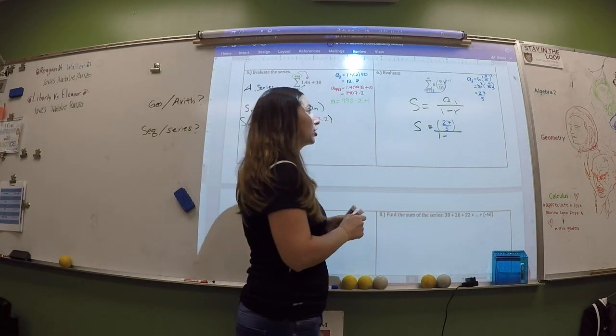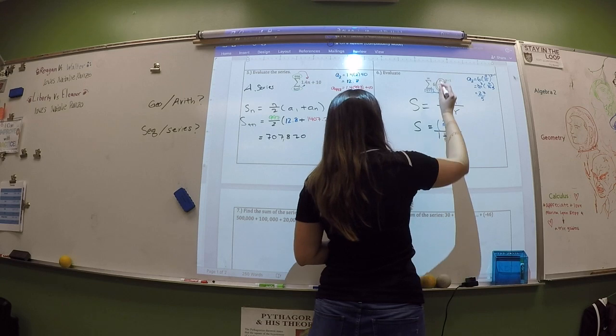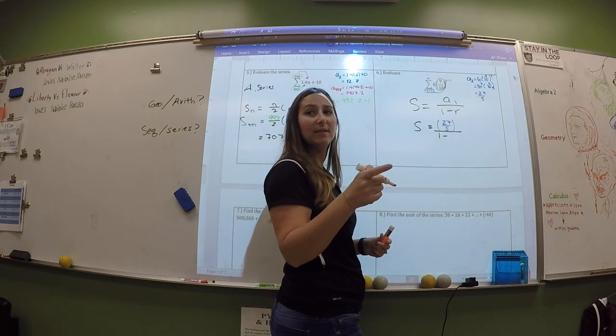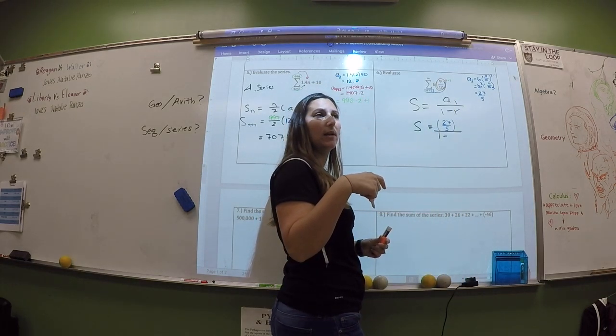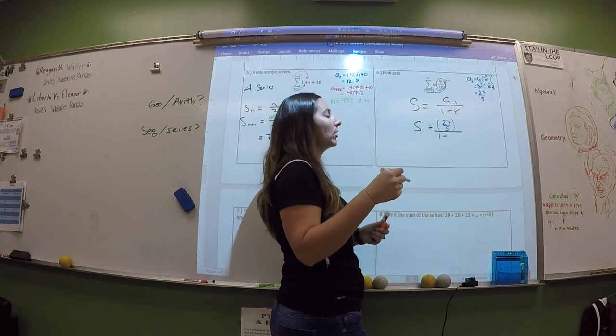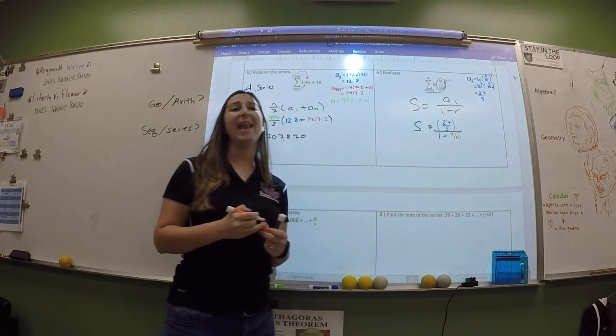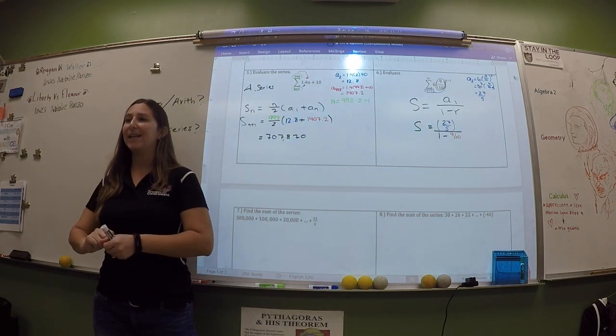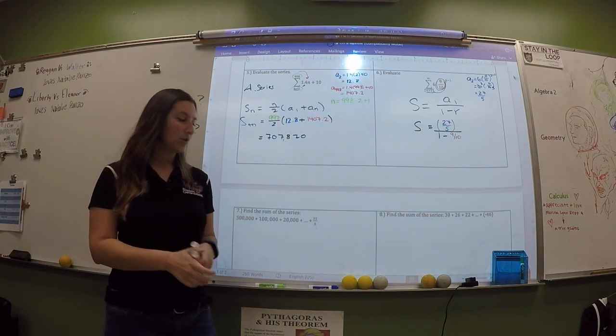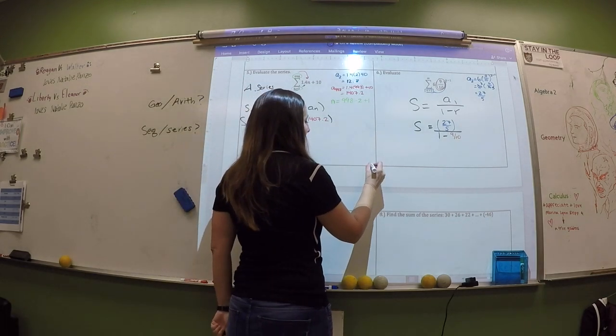9/10. Make sure that number is less than 1 and greater than 0, so in between 0 and 1. If it was 10/9, you would say it diverges, okay? If it was written like this,